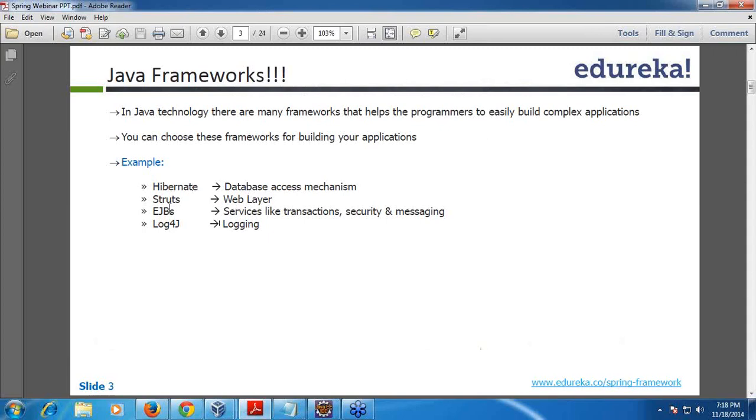Coming back, Struts was a web MVC framework, right? Again, model, view, controller, we can segregate using Struts. Again, if you see enterprise applications, we use enterprise services many times, like transactions, security, messaging. So we may use EJBs for that, right? And logging applications. So now if you see, this list goes on. This list never ends. As the business requirements evolve, this list also grows, right?